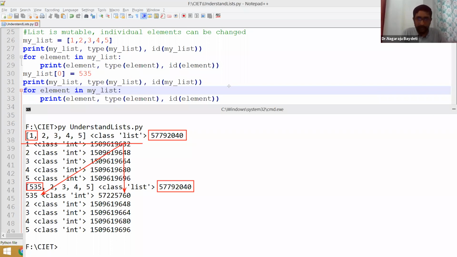Okay, so this is about the concept of the mutable object list. In case you have any doubt, please let me know.